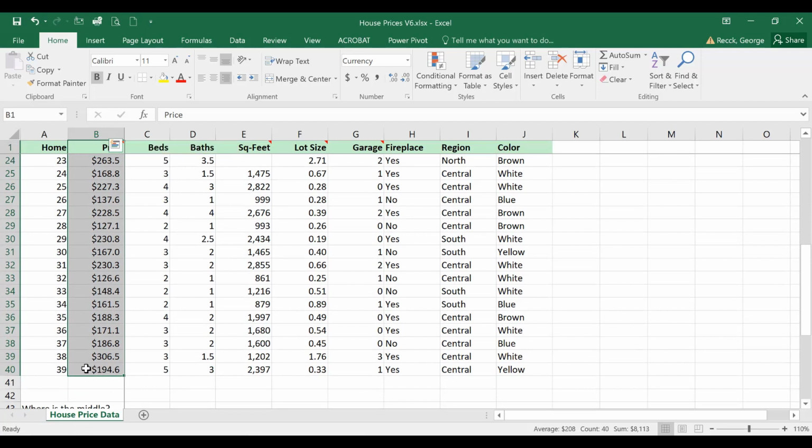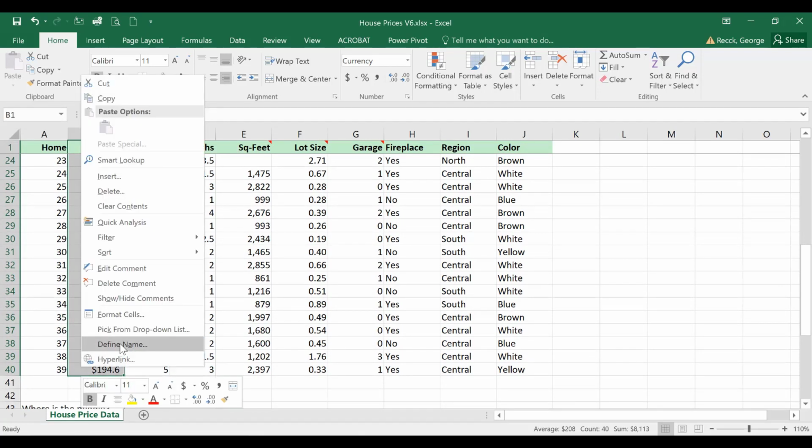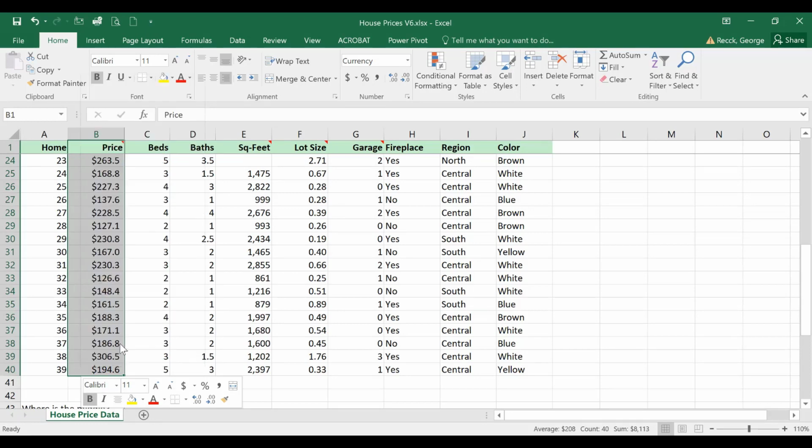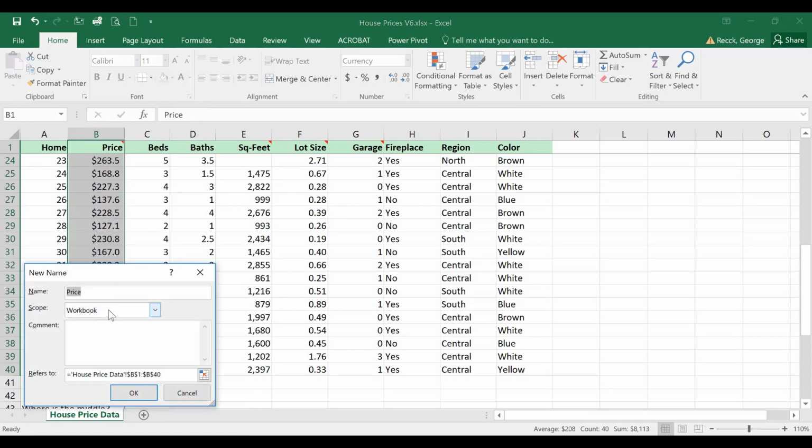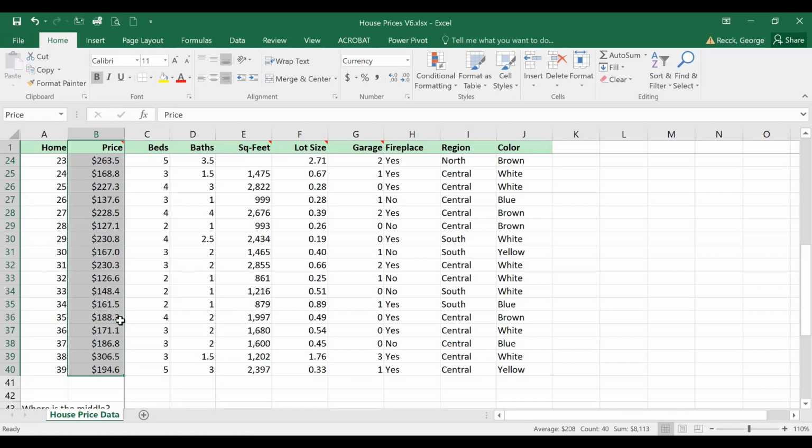And once I get the whole column highlighted, I'm going to right-click and define name. And notice I included the title of price. So it knows that the label price should go with that data set. I say OK. And now I have a handy way to refer to those data values in B2 to B40